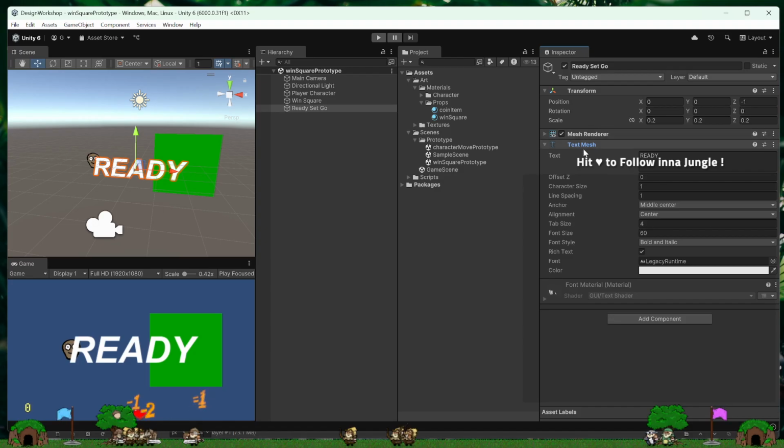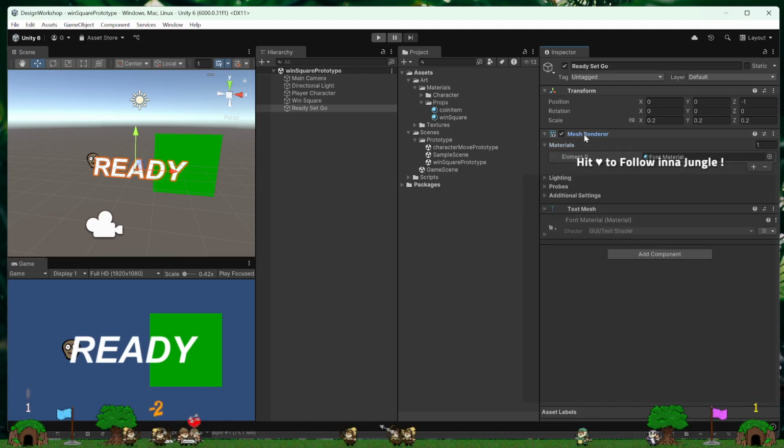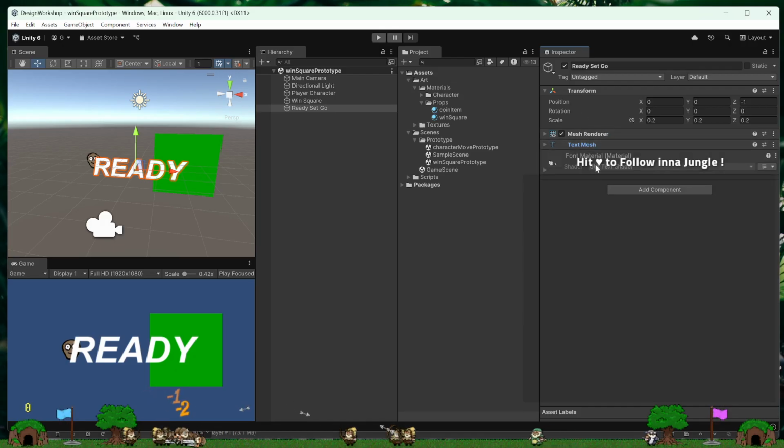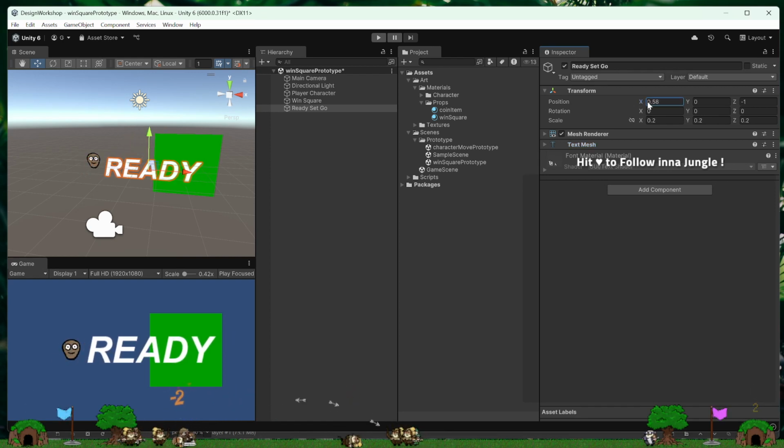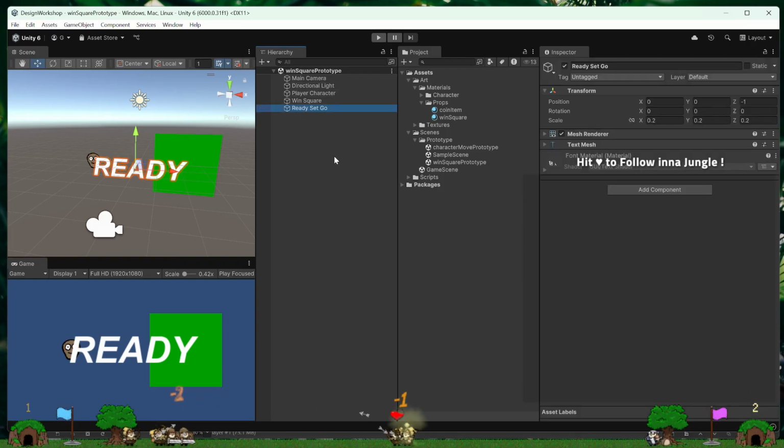So it takes some text and then renders that text, yeah? Right. These two components work together. It is sitting on a game object that also holds these components and can be moved around, etc. Cool. I think saying ready, set, go is pretty cool, actually.